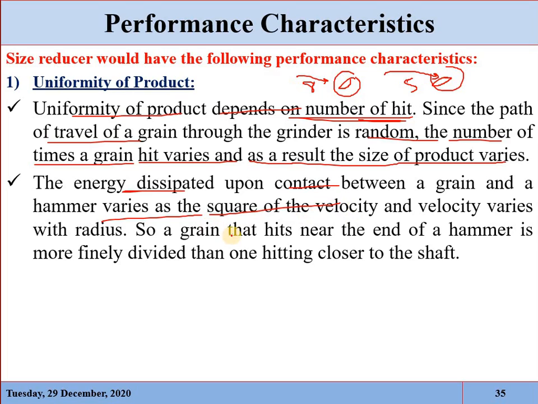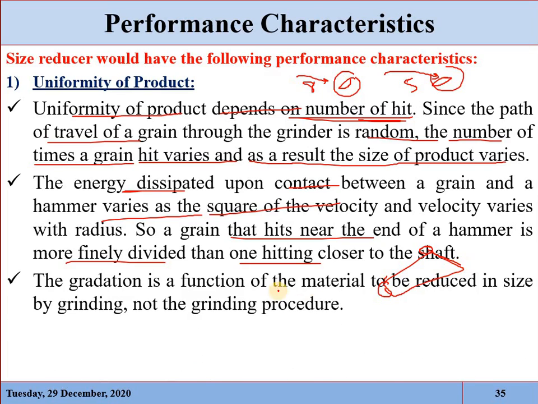Also, the hammer has some distance from the shaft, so a grain that is hit near the end of the hammer will be more finely divided compared to one hit close to the shaft. So when the particles are hit more by the head of the hammer, they will be reduced more finely. And the gradation, meaning the variation in size, is a function of